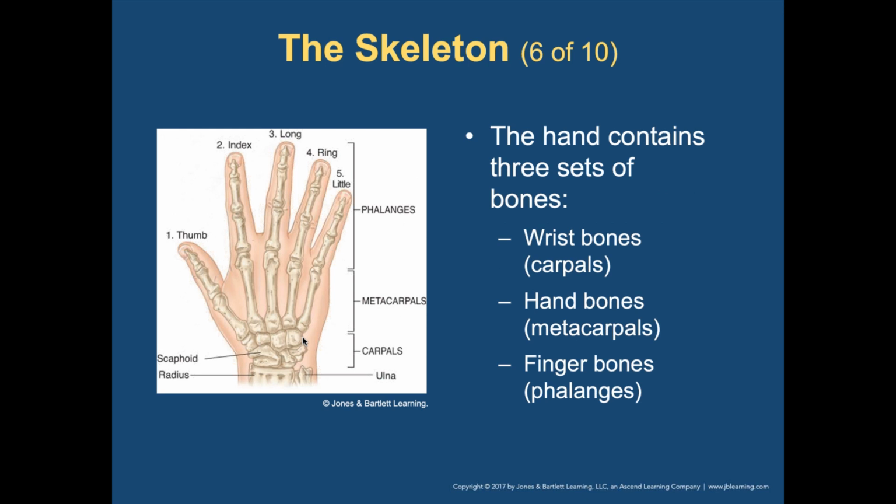No pun intended. All right, so here are all the bones of the hand: thumb, index, long finger, ring finger, little finger. I'm sure a lot of us call number 3 different, but that's what its actual name is. The phalanges are technically the bones of your fingers from the hand forward. Then you have your metacarpals, which are the bones in your hand, and then your carpals.